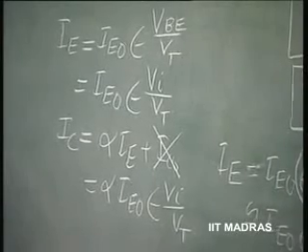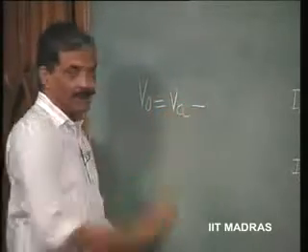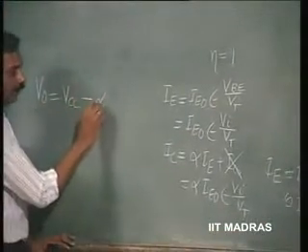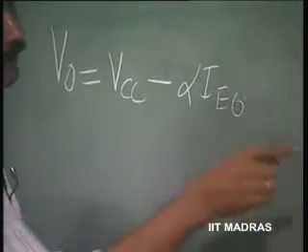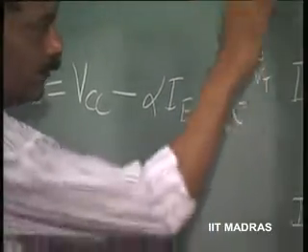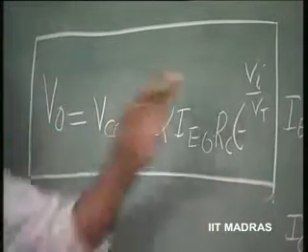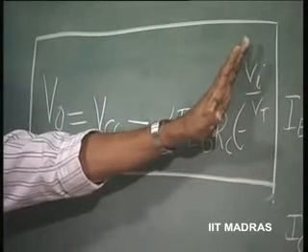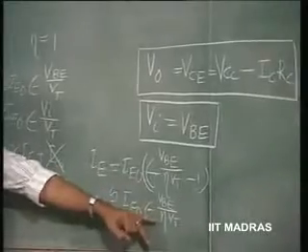Now V naught is going to be equal to VCC minus, since already we have IC in terms of Vi, alpha times IE naught into RC exponent Vi by Vt. This is the nonlinear relationship between V naught and Vi without making any approximation whatsoever, except that IE has been made equal to IE naught exponent VBE by eta Vt, ignoring the minus 1,